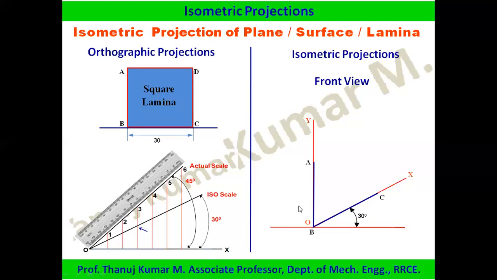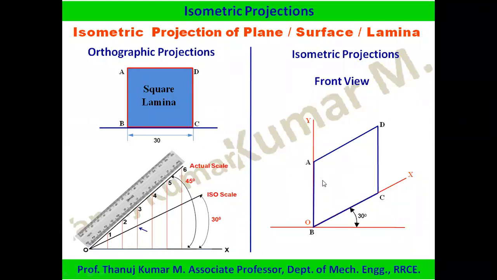Okay, now very easy, you can complete the figure. Just copy this distance from here, draw an arc, project it. Copy this distance from here, draw an arc, and we can project it like this. This line is parallel to this line. This line is parallel to this line. So drawing is very easy. Planes, especially when you're drawing them, are very easy. For this line, if you draw one more line parallel from this corner, it becomes a rectangle. You can see a square here. BC to this point, you can draw it. So AB is parallel to CD. BC is parallel to AD. So that becomes a rectangular face.